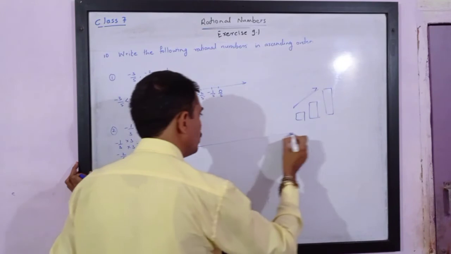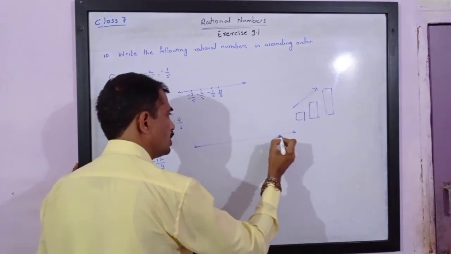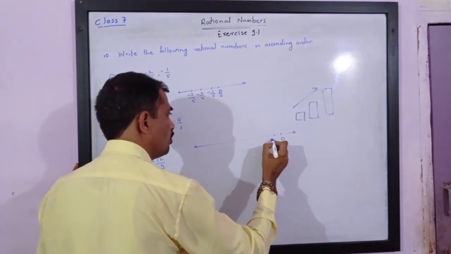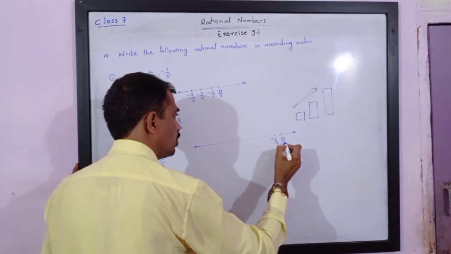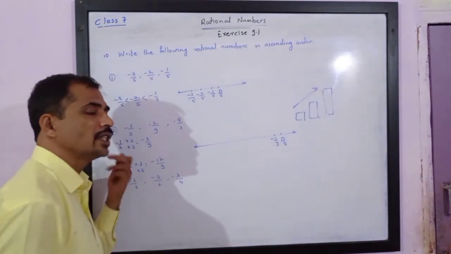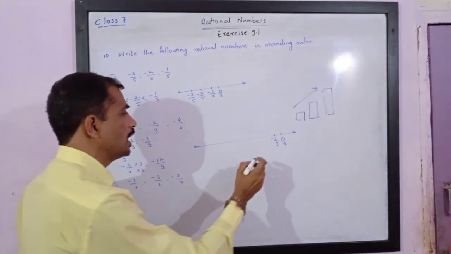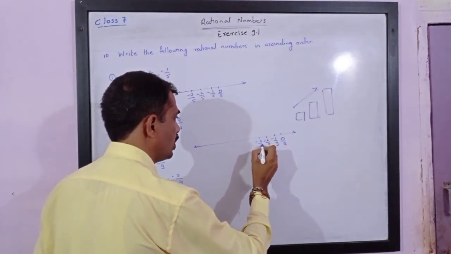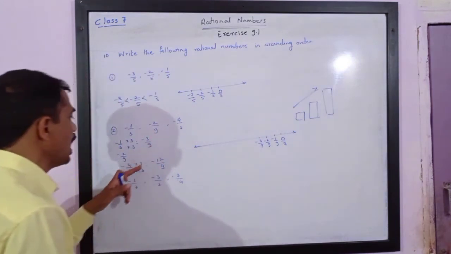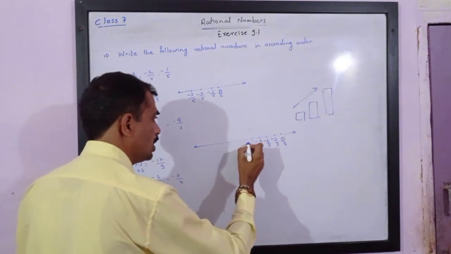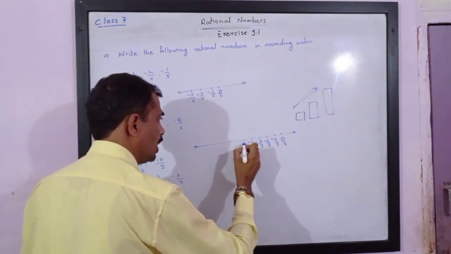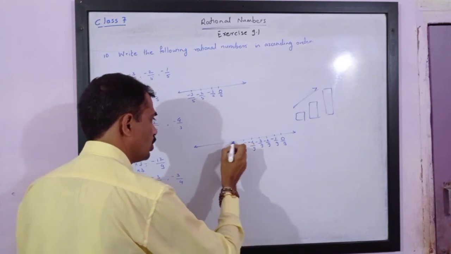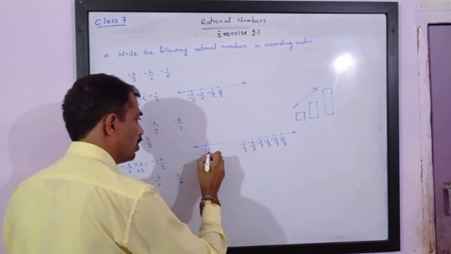So, if you draw the number line, you will understand. This is 0. First we will come with negative 1 upon 9. 0 can be considered as 0 upon 9. We will get the next number as negative 2 upon 9, then negative 3 upon 9. And if you go on plotting this, negative 4 upon 9, negative 5 upon 9, please note somewhere here we will get negative 12 upon 9.